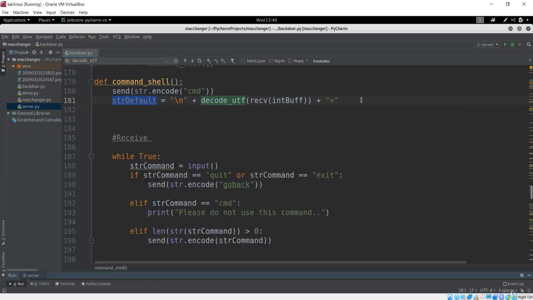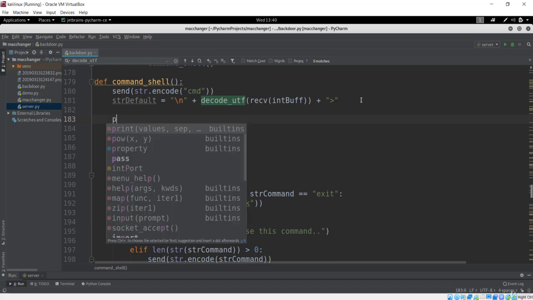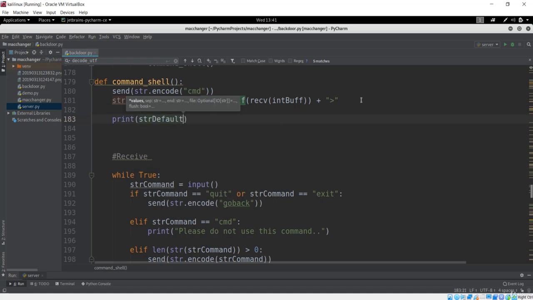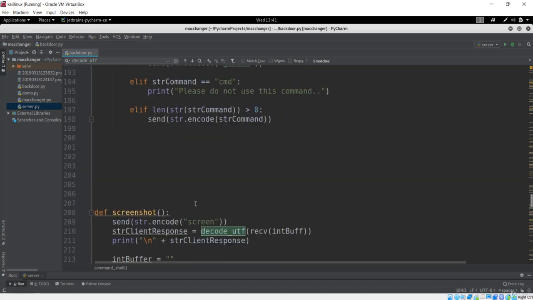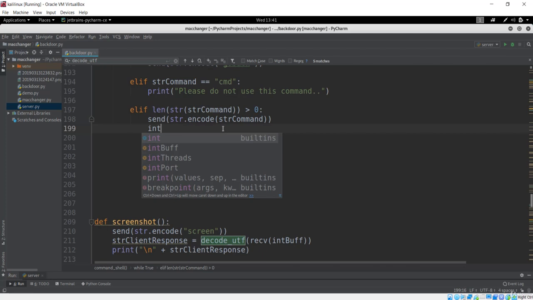So we set this to the default, which is basically the path to the default, and the next thing is to print that. I'll say print str default, and here I'll give this int to be the same line, because we want to print in the default prompt on the same line. The next thing you need to do is go over here, and after we see that the command is greater than 0, that means this is the command that is to be executed on the client. We have sent that command. Now it's time to get the response from the client.